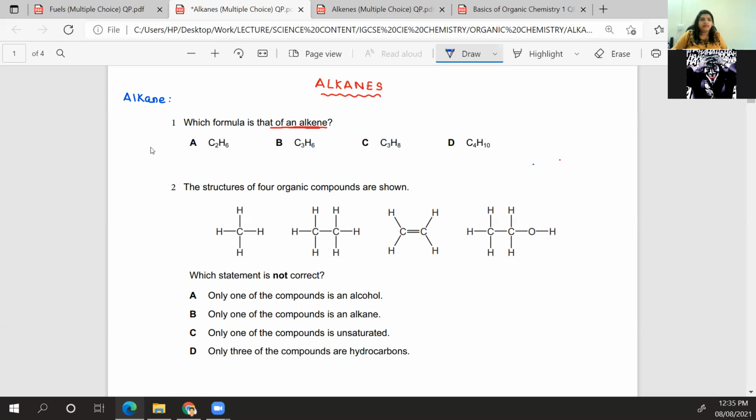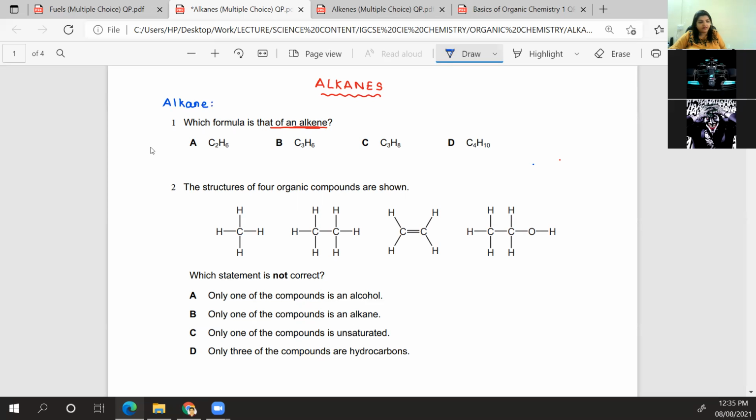No. But what is the general formula of alkane? Can anybody tell me? Is it C and then 2H and then 2n, or just 2? CnH2n+2 is for alkane, and